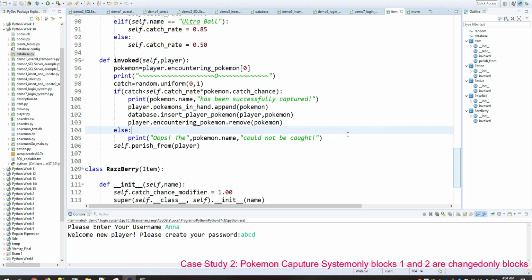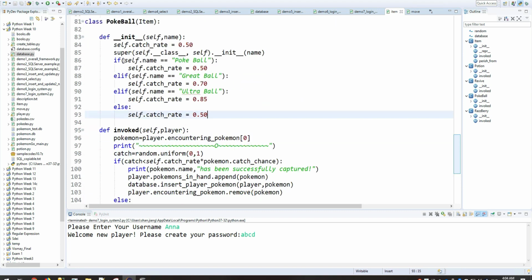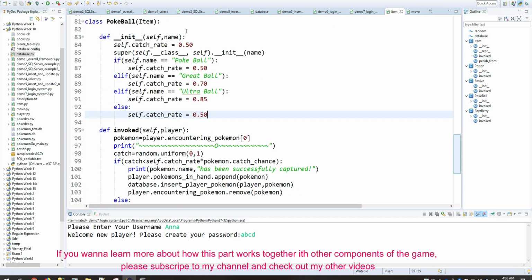Finally, let me just very briefly walk through how the Pokemon capture system is implemented by interacting with the database. I will just highlight the most important part, in the Pokeball class, which is an item.